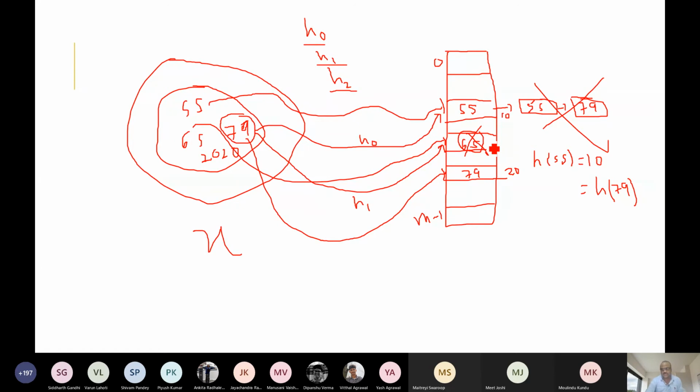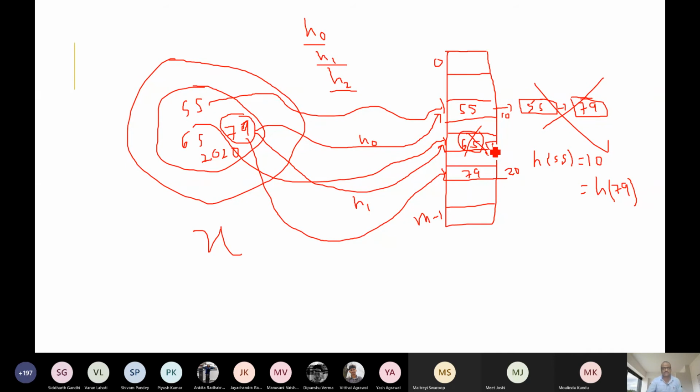So that means when we delete somebody, we should have a mark over here to indicate that it was not originally empty. This room was occupied by some student, but the student graduated and left the hostel. Somebody was there, so that we can go for the next probe, the next hash function.